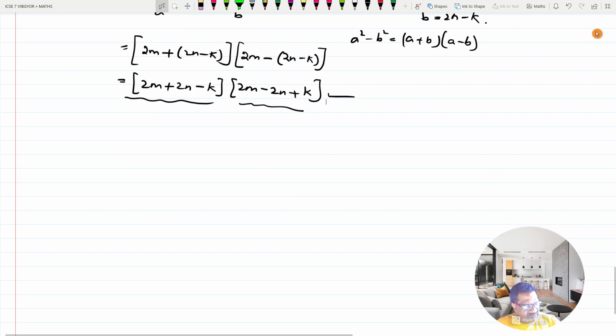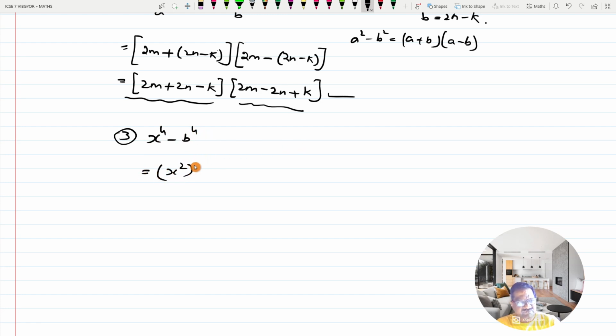Next one, the third one, is this one: x raised to 4 minus b raised to 4. Fine. This can be written as x square the whole square. X raised to 4 can be written as x square the whole square minus b square the whole square. Fine. Now this happens to be of the form